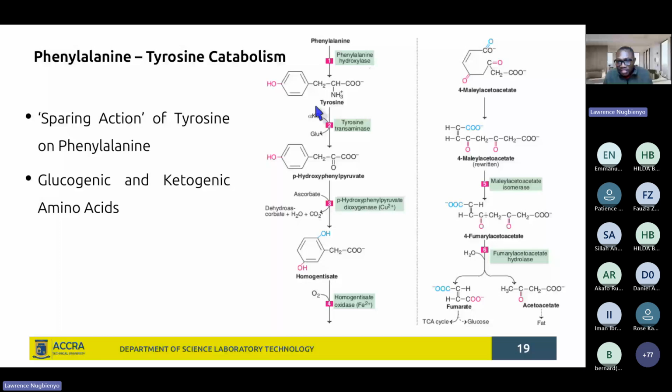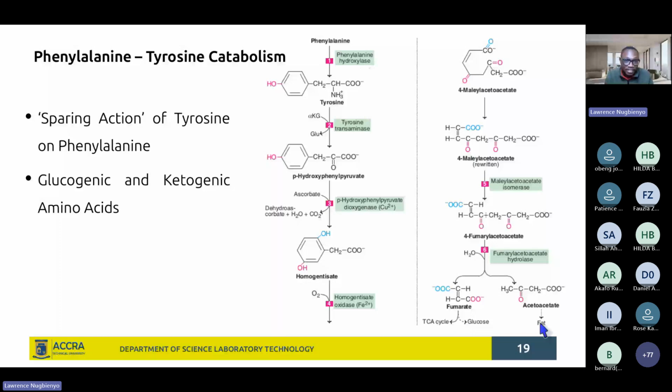Then another thing that you should pay attention to is where all of these reactions end. You see there is a formation of fumarate. Fumarate is one of the intermediates you find in the TCA cycle. So fumarate goes to the TCA cycle and can go into the synthesis of glucose. And we also saw already that you have the synthesis of keto acids. Now, when you have keto acids that are binding together, you begin to have what you refer to as acetoacetates. And these ones will go into the synthesis of fats. So you see, phenylalanine, tyrosine can go into the synthesis of carbohydrates as well as into